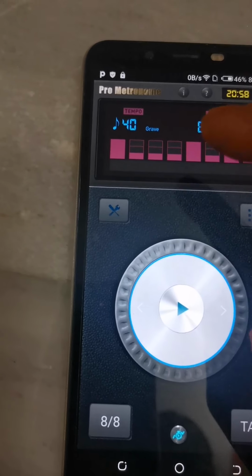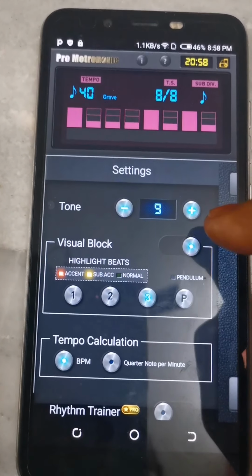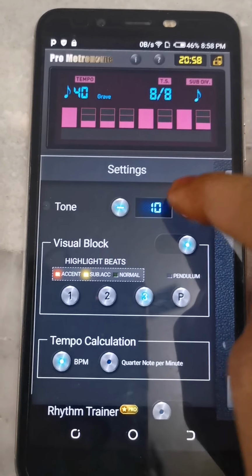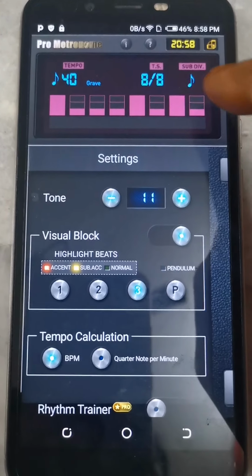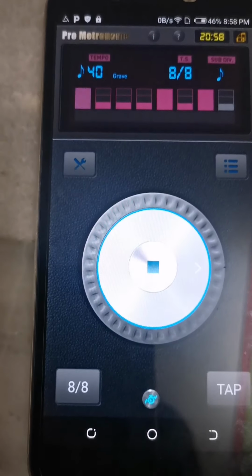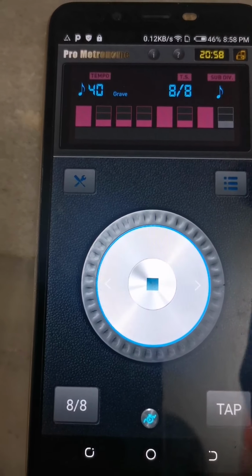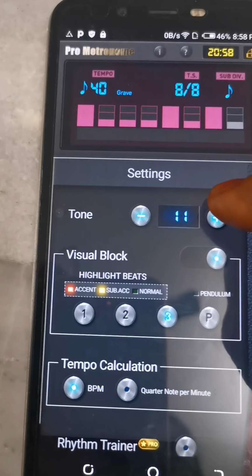And next for tone, we can go to settings here. Here you can find the tone. So whatever tone you like, you can just set it and you can just play and see whether you like that tone or not. You can just change the tone if you're not liking.